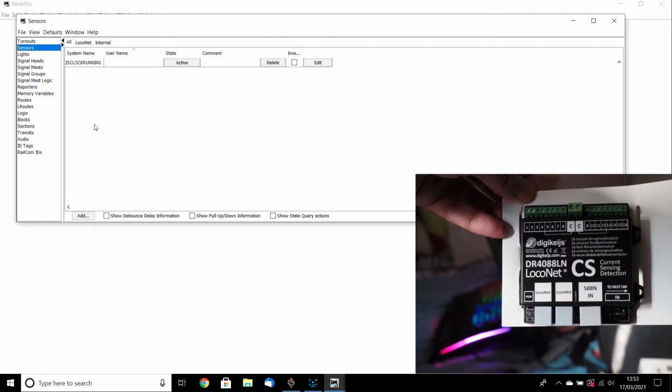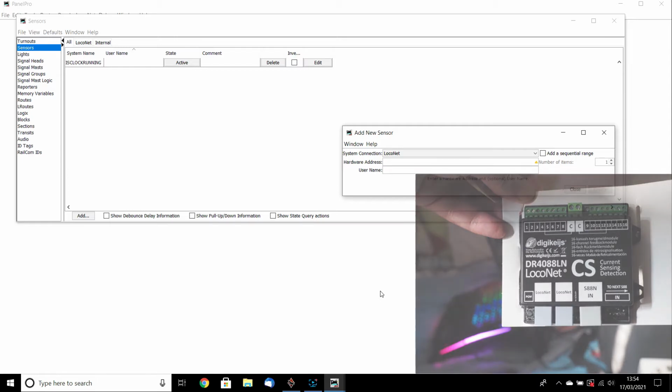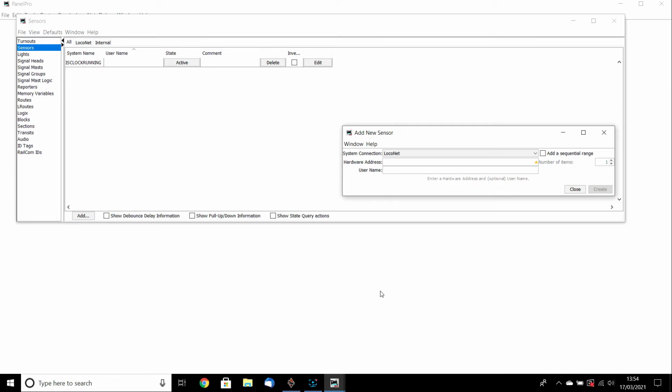So the DR4088 has 16 detection modules on it, and the reason that I didn't use the low address is because you can only program the DR4088. It uses the low numbered LocoNet addresses. So the first module starts at hardware address 1 and goes to 16. So we'll do 1, and for the username, we'll call it Forest in Teesdale, FIT A, for